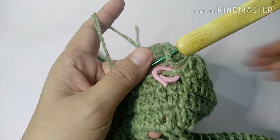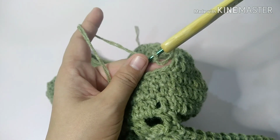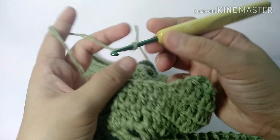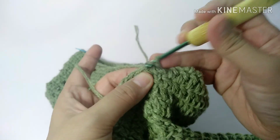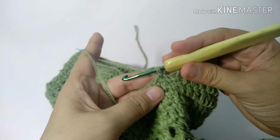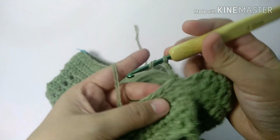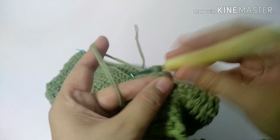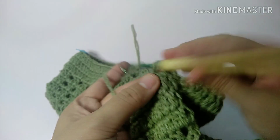the next strap into the very next stitch. So that would be in here, and then I will continue repeating what I repeated in making the strap. So I'm gonna work chain 2, 1 double crochet into the next, and then continue